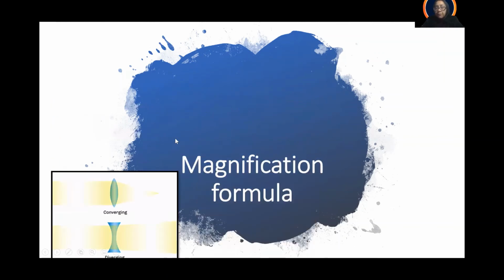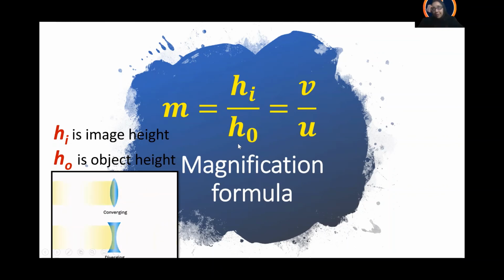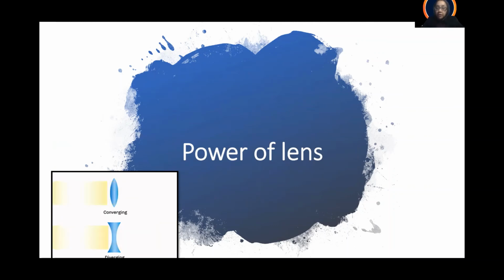Now, another formula that we need for the numericals is the magnification. Magnification is the height of the image divided by the height of the object, which we can also write as V by U. V is the image distance and U is the object distance, and HI is the height or size of the image divided by the size of the object. Now, many students are getting confused about what was mirror and what was lens. So we have a comparison. I'll compare the two formulas so that it will help you to remember.